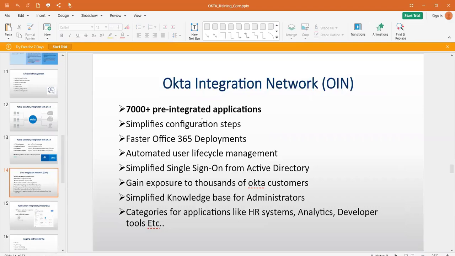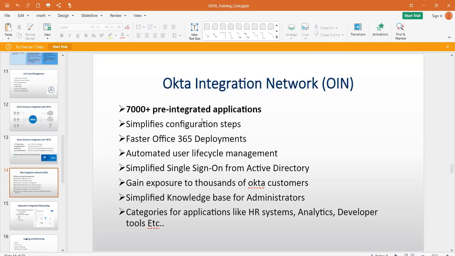I will show you how we integrate a custom app with Okta, and how we integrate an Okta Integration Network application with Okta. You tell me which is difficult and which is easy. You will obviously say Okta Integration Network application integration is the simplest and easiest one.